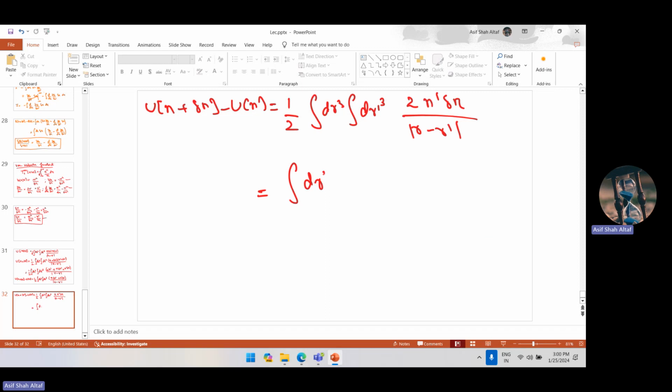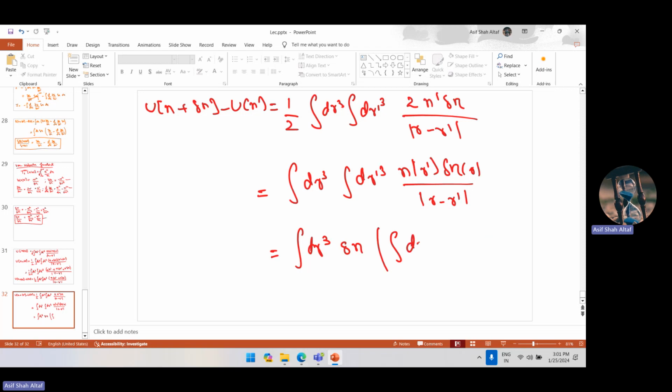And what we have finally is n r dash delta n of r minus r dash. Okay, and now we want to bring it in the form that we want. So we will have here delta r cube. We will have delta n here, and whatever is remaining then is your functional derivative. So yeah, the functional derivative of this R3 energy is then